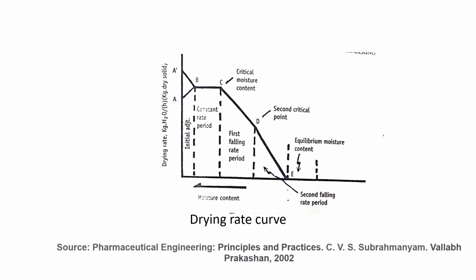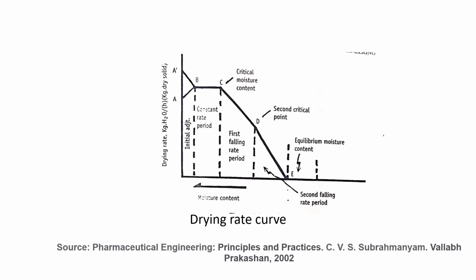At the same time, what will happen? The moisture will gain that heat and try to evaporate, leading to cooling of the drying solid. So, as time passes, the temperature tries to get stabilized. This temperature will be equal to the wet bulb temperature of the drying air, and point B is achieved. After this, the temperature will remain constant, and not only the temperature but also the drying rate will be constant. The moisture which is evaporating from the surface will be replaced by the water which is diffusing from the interior of the solid.